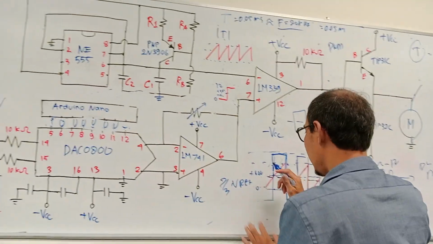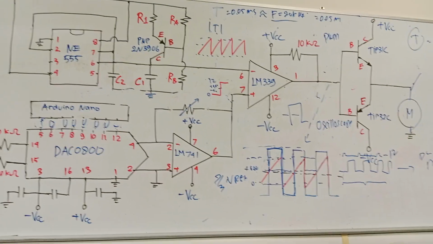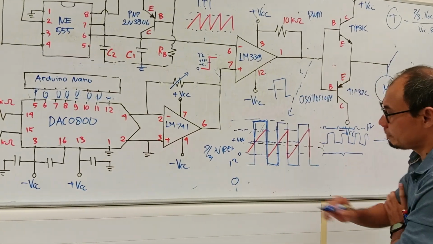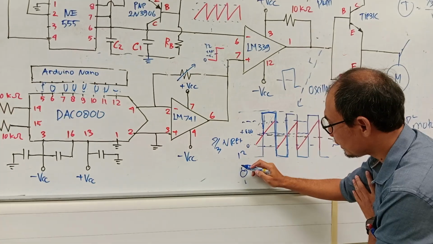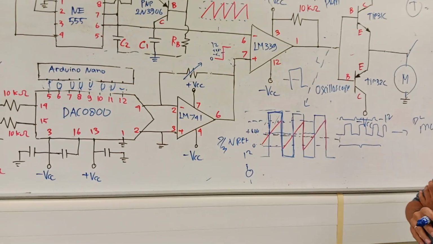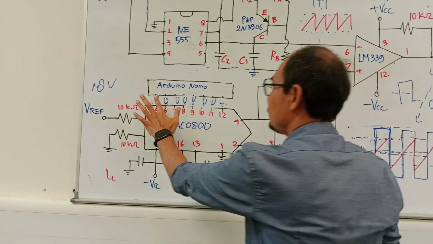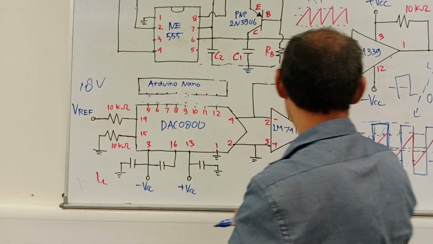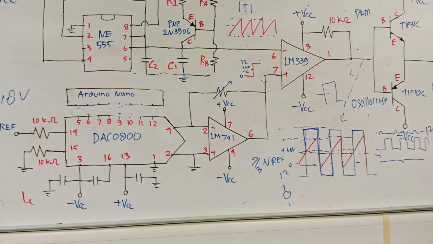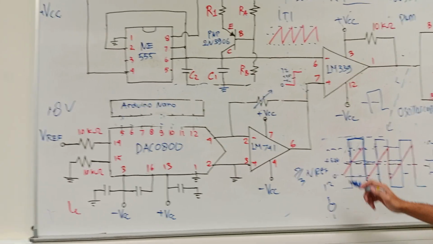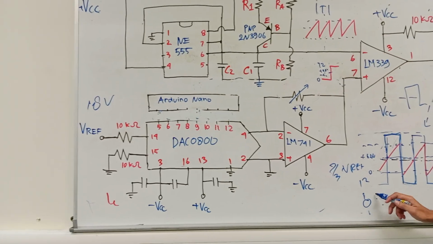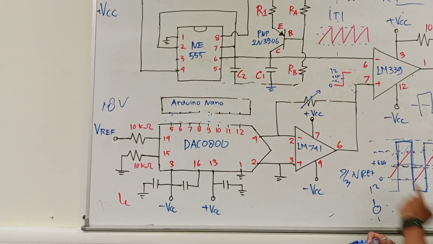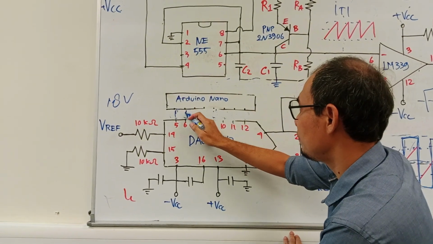Now in your task, in your report logbook, you need to vary between 0 to 12. Maybe you can have one increment until 12. But your task is you need to figure out what is the combination of binary number, because I only give you, and also you can see from the data sheet, you're only able to check 0, minimum, maximum, and also mid-range. In the middle, you need to find out.